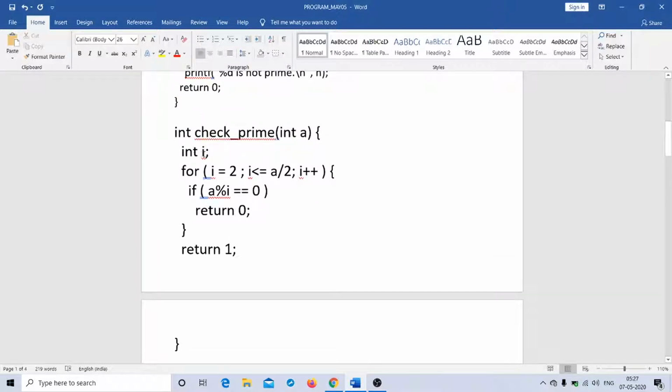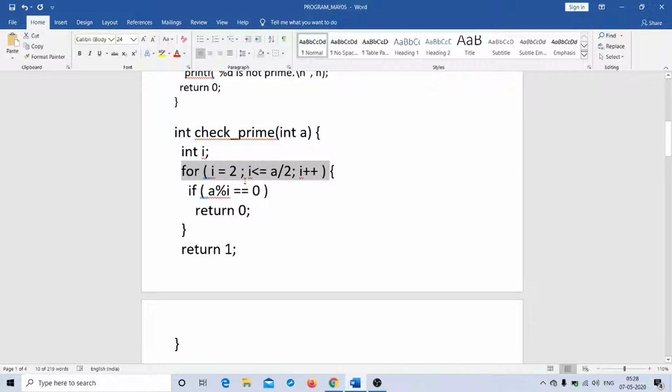Then I have a variable declared called i, and then this for loop will work for i is equal to 2, i less than or equal to a by 2, right? Because you know that in order to find out whether a number is prime or not, I don't need to go all the way till n, which is equal to 5. If I go up to half of that, I'll be able to draw a conclusion whether the number is prime or not.